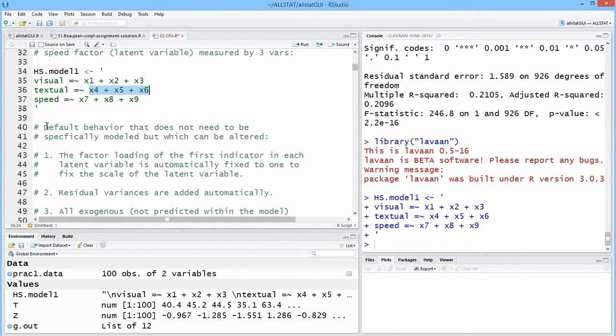Now, unless you know the scale, unless you know that the scales for these are 3 different tests. People responded to test questions measuring their visual cognitive ability, their textual cognitive ability, and not sure what speed is, speed of perception, I guess. If you know that they're all measured on the same scale, you don't have to worry about fixing the scale that much. But assuming you don't,